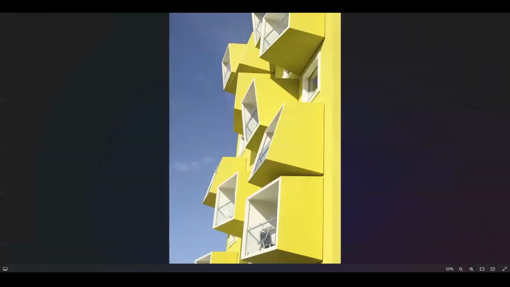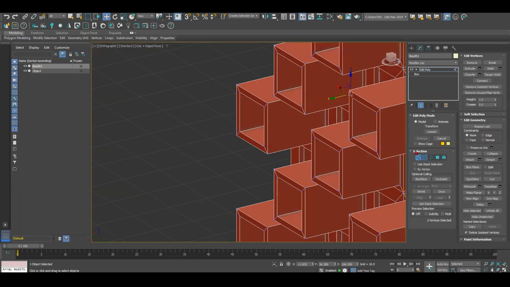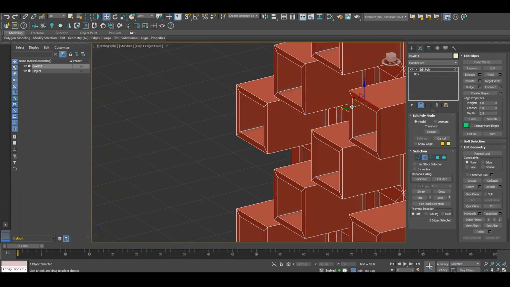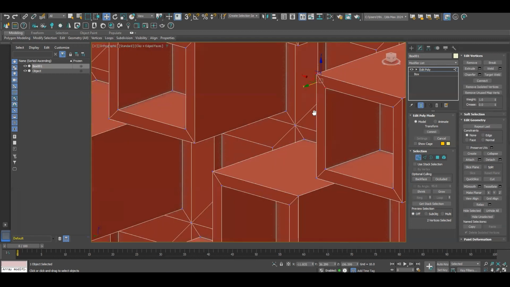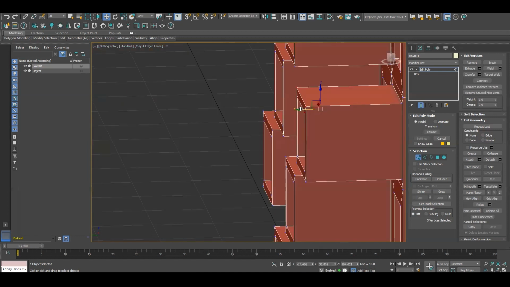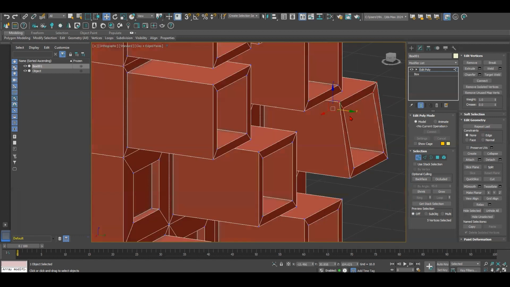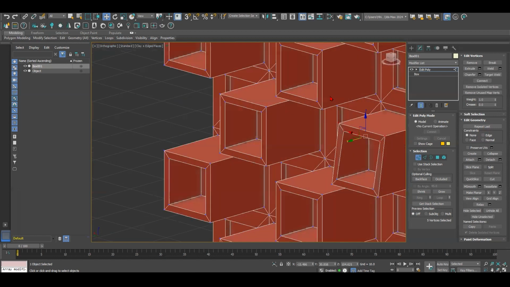You can select two edges and just push it, though it's easier with the vertex to just select these. Push it, start, start, just randomly.